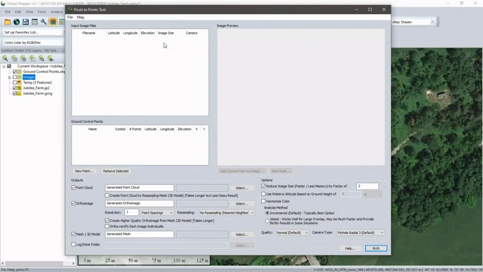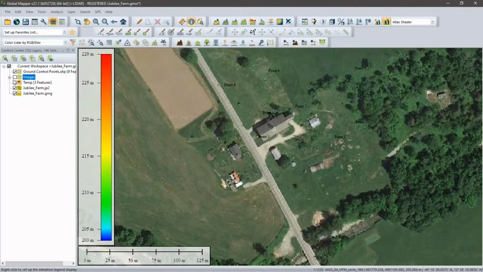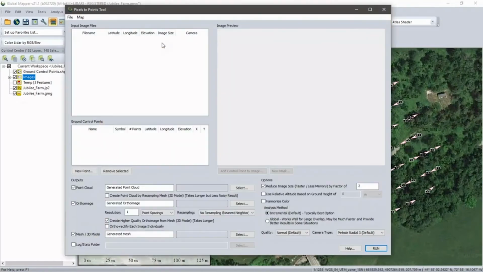We're quickly going to go through the process of setting up the procedure for generating our data. I'm going to begin by loading the image files that I have on the map. Actually, before I do this, I'm going to have to cancel. And that's fine, we'll close because I need to display these on the map first. So we'll turn on our picture points once again, and once again we'll go into our pixels to points tool,